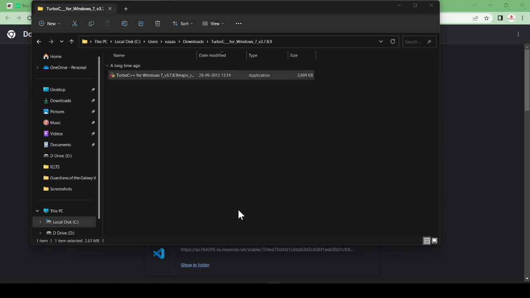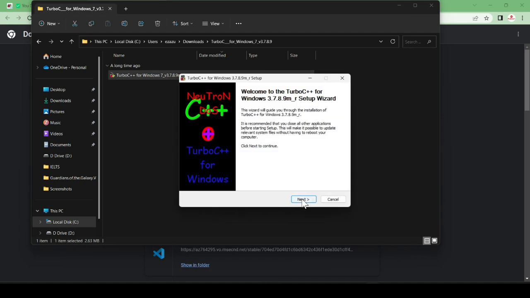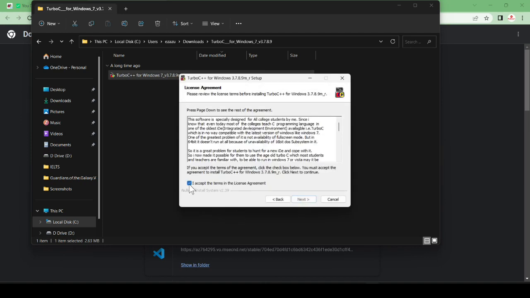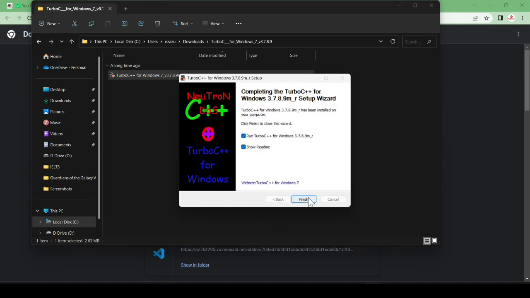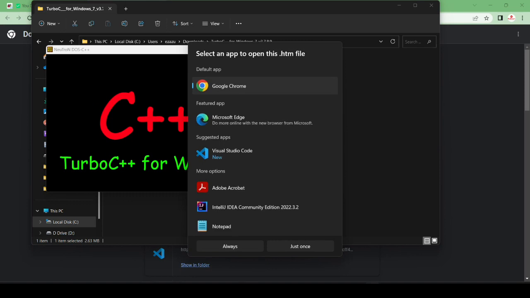Just click on yes, click on next. I accept the terms and conditions. You can read and then accept. Okay. If you wish to change the destination folder, you can browse. Otherwise, just click on install. It takes not more than 1 to 2 minutes. Just click on finish,